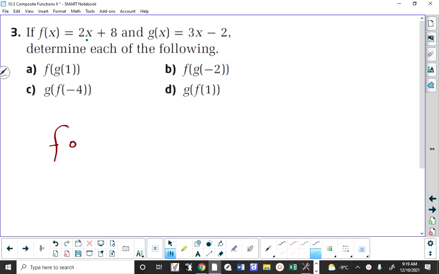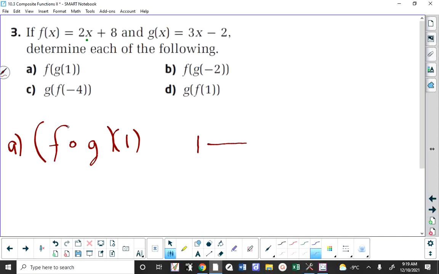what f of g of 1 is, so this is a, and I've just rewritten it with that function notation that we learned yesterday. You need to know that that means you're going to find g of 1, and whatever you get for g of 1, you're going to put in for x in f to find f of g of 1. So what we said was a good kind of visual template to look at is what a is saying is you're going to take 1 and feed it through the function g to get some output of g, which becomes the input of f,